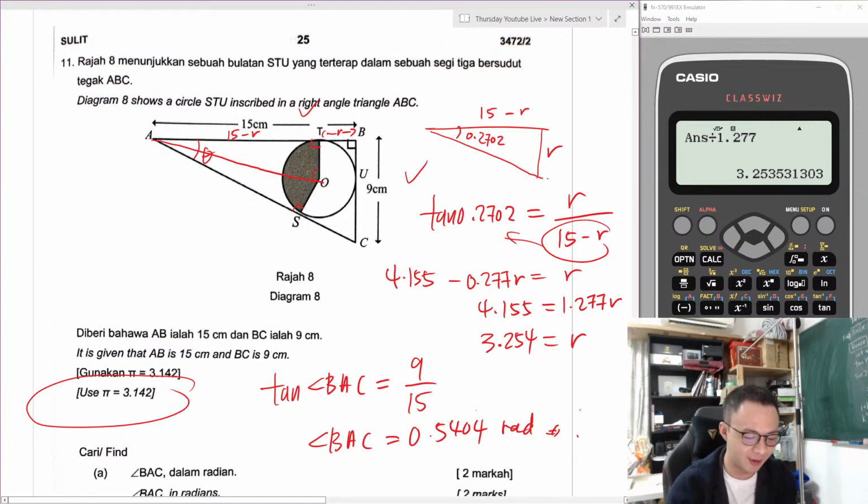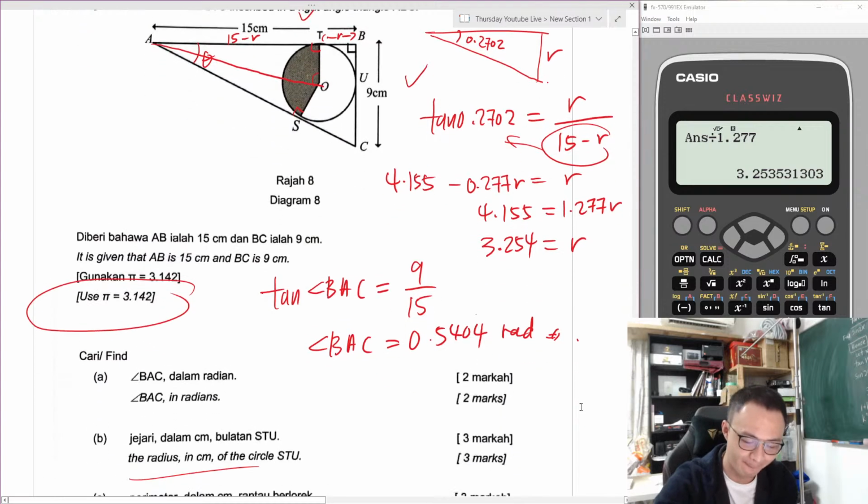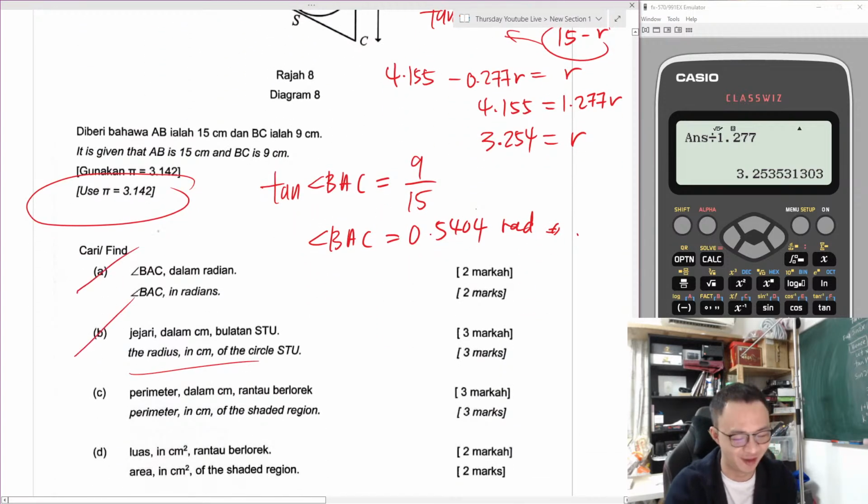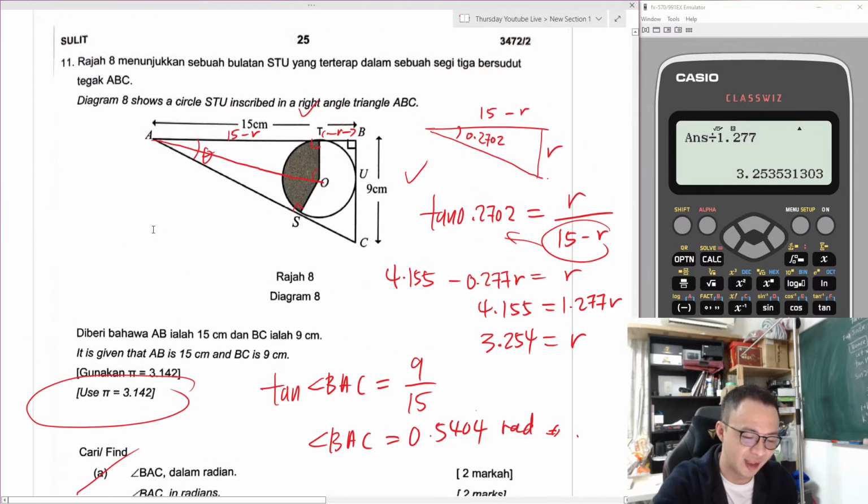Alright, so let's move on to the next one. Luckily I give you 3 marks, or else I'm not going to be happy, because a lot of work I need to do. Perimeter of the area of the shaded region. So right now they want to find a perimeter. Since I cut this one into half here, I just need to find this angle here, this theta, and then I use this theta times 2. Our value, I write it down first, 254.